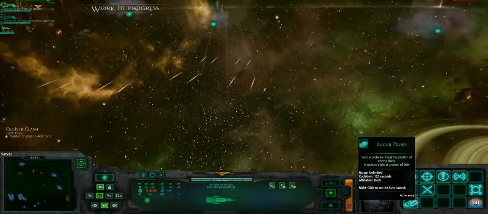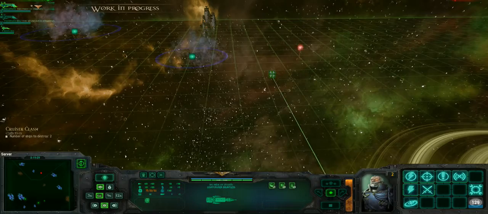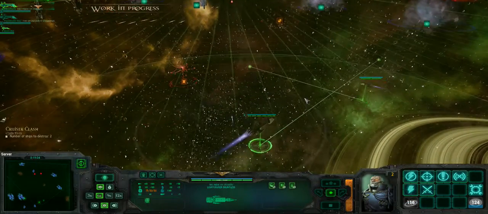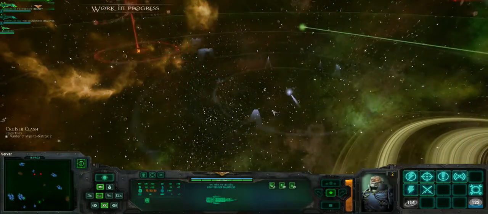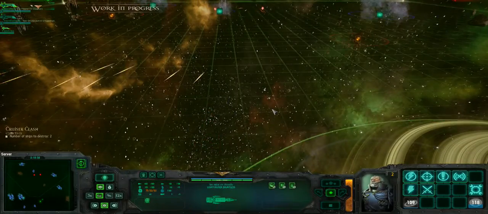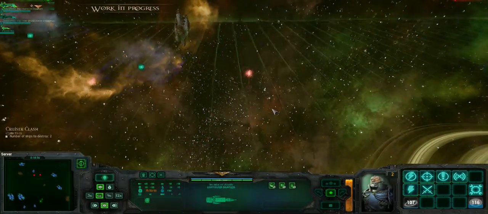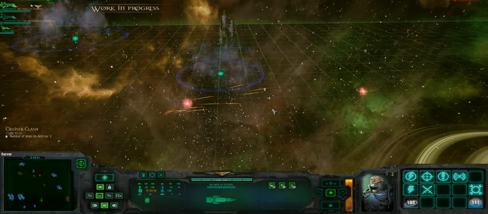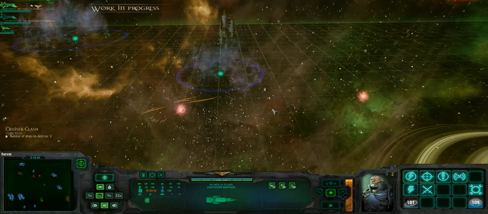And I'm gonna send an auger probe out this way. So there's a little auger probe, basically just a mobile sensor. Oh, and it looks like, surprising, he's gone for two